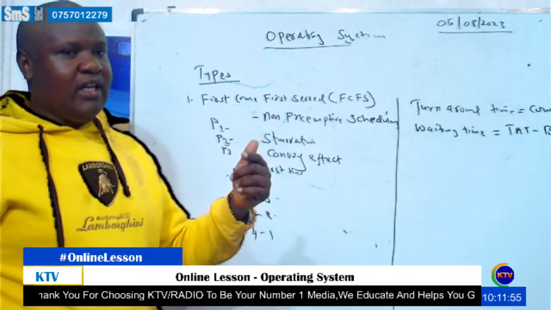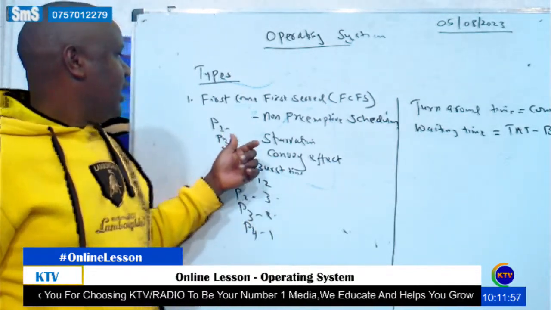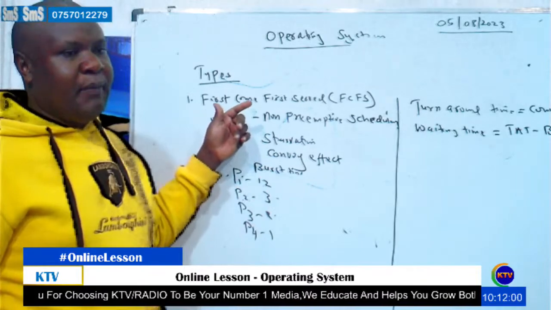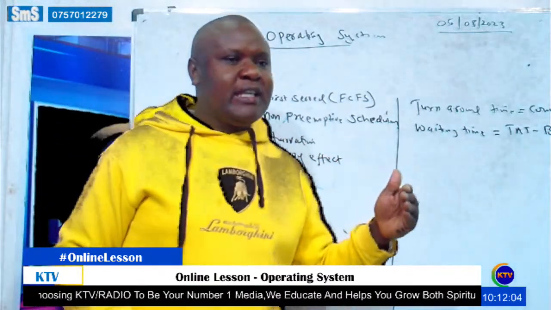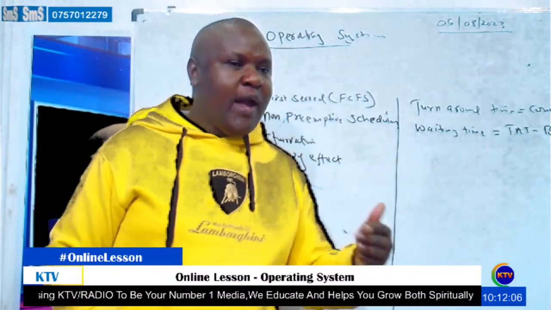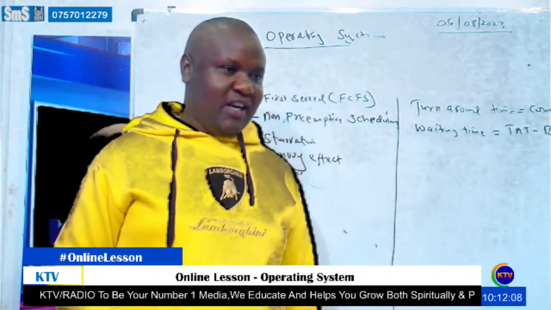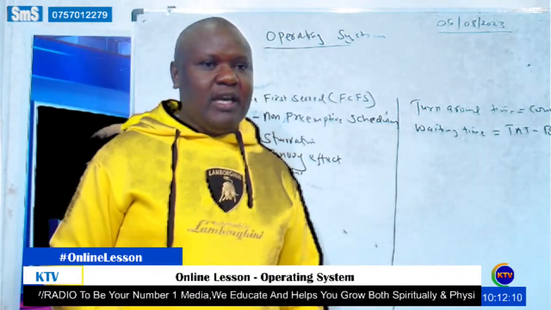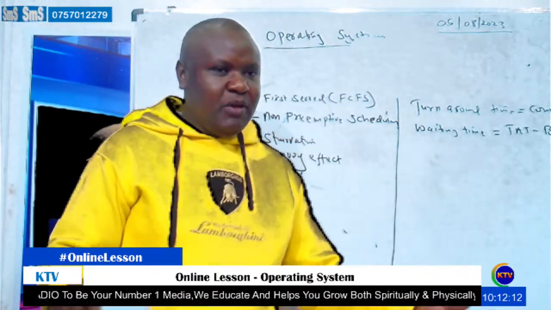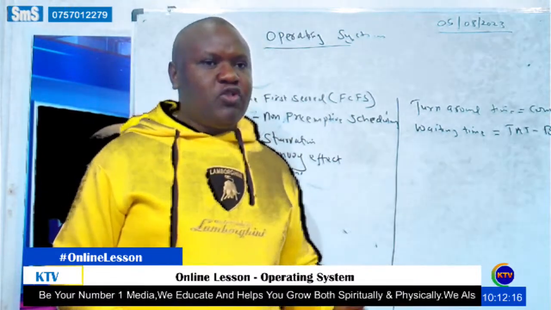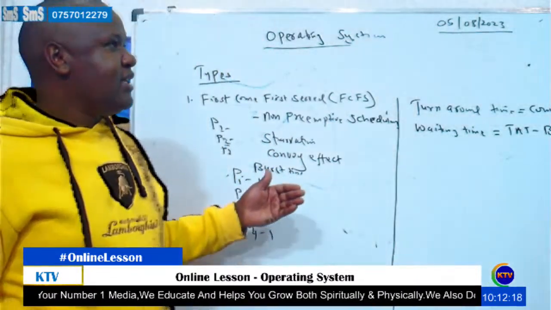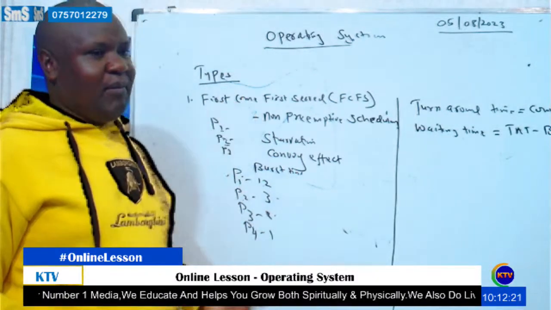if the teller is using what we call preemptive scheduling, he will ask the person who is inquiring to be allowed to be served first, because it's not going to take time. It's just coming to find out something and go, and another one is coming to stay for long. But in the case where you find they are using first come,